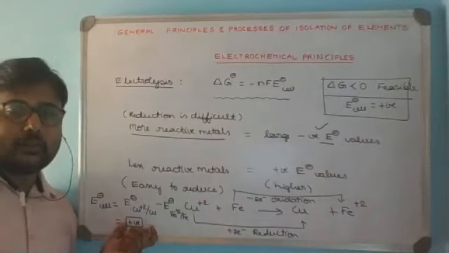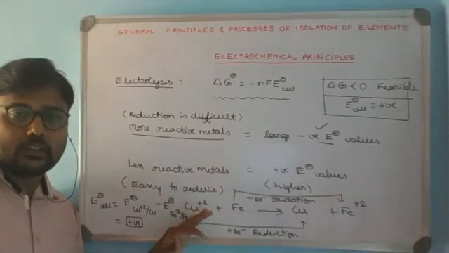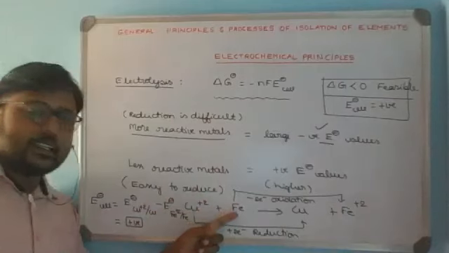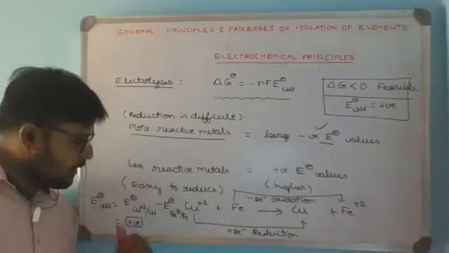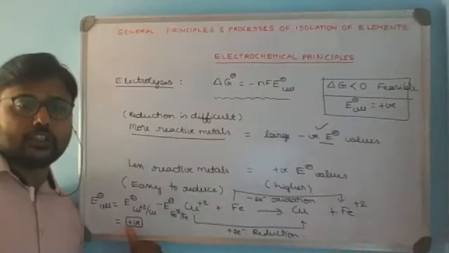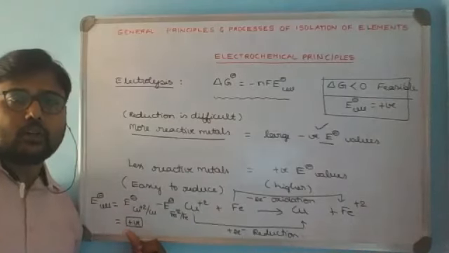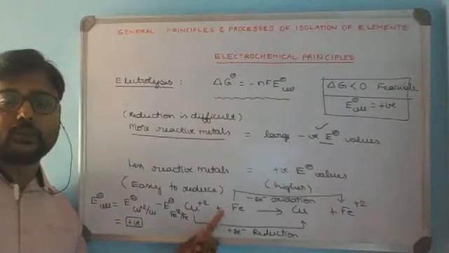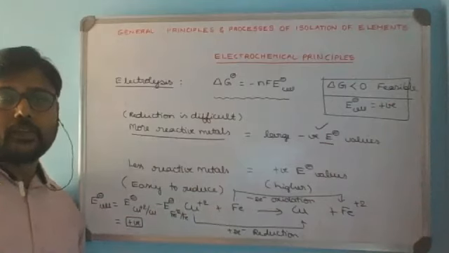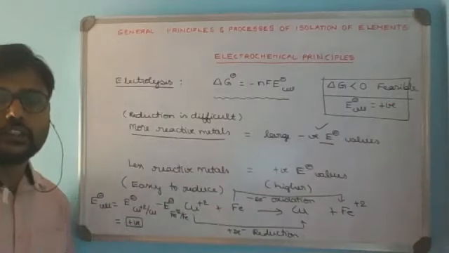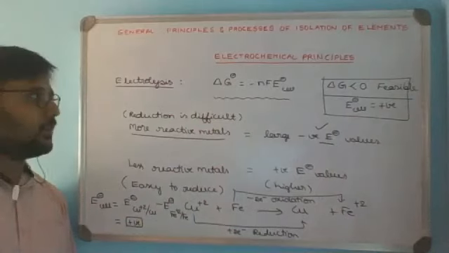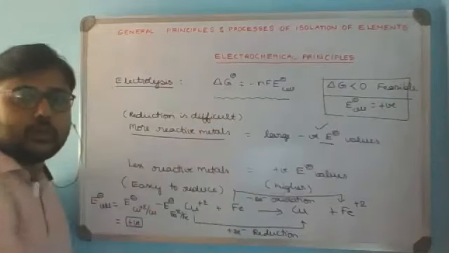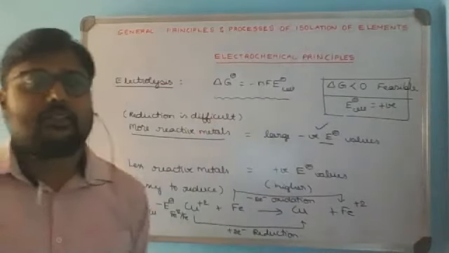If the value is negative, then this reaction would never happen under spontaneous condition. Hence iron cannot reduce copper in that case, suppose if the value is negative. But with the standard reduction potential values, if it is observed, the value for iron with copper is coming as positive. That shows that iron can be used as a reducing agent for copper. So these are the types of conclusions we can learn through electrochemical principles. This equation being the main concept, E0 cell information will be supportive to understand. This we will learn in detail with electrochemistry.